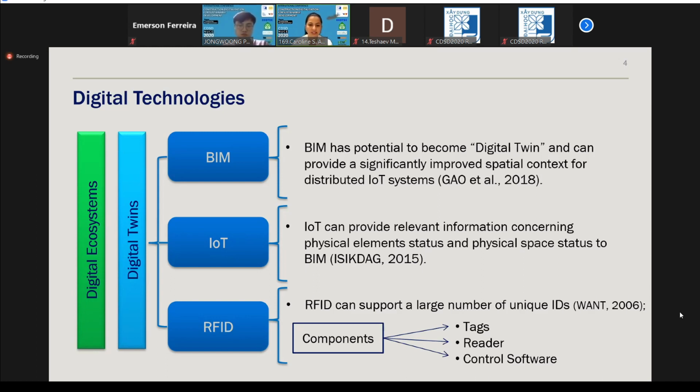RFID is used to identify elements and can support a large number of unique IDs in the same environment. The main components of RFID systems are the tags that we need to put on the elements that we want to track, the reader to collect data, and also a control software to manage the data.